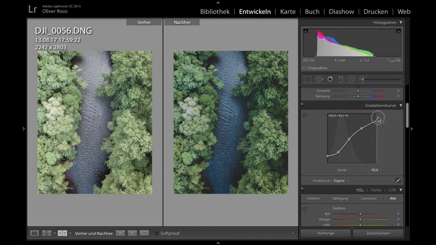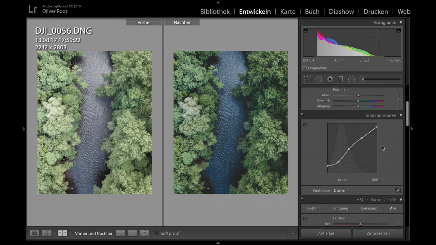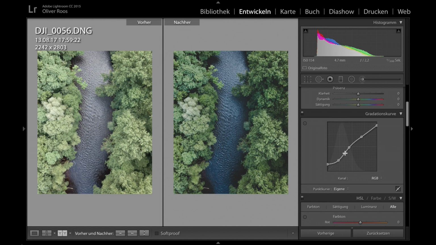You see here, if I change this, nothing happens because we have no tone area in this picture. But that's quite interesting in pictures with sky or with some clouds and stuff like that. You can cut the higher tones a little bit. So yeah, that's what I did here. It doesn't affect this picture right now. So when we have the tone curve, the most important part of the picture, we go back up